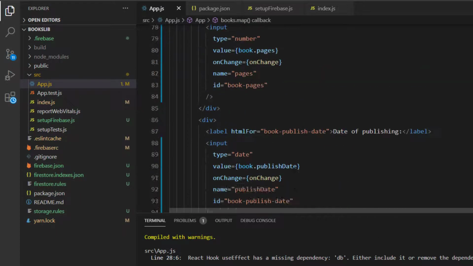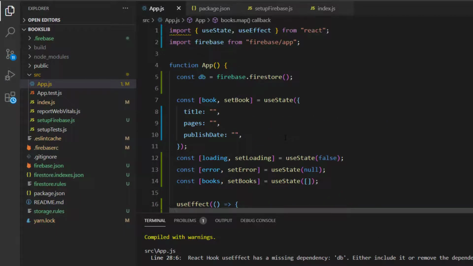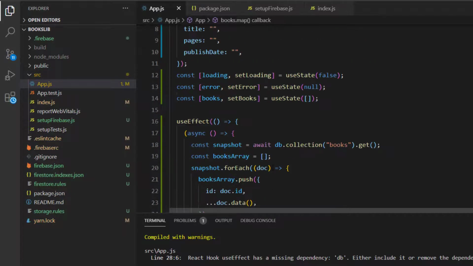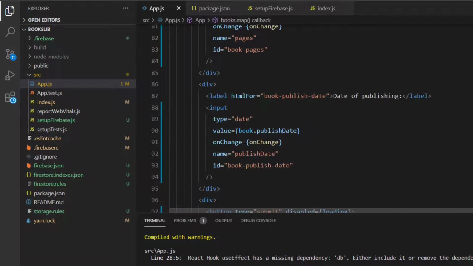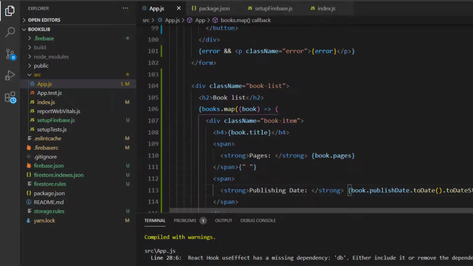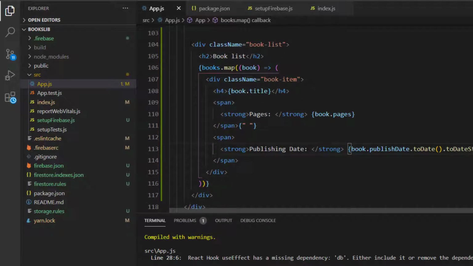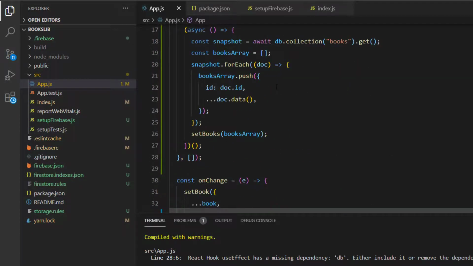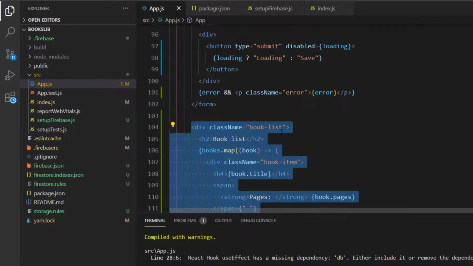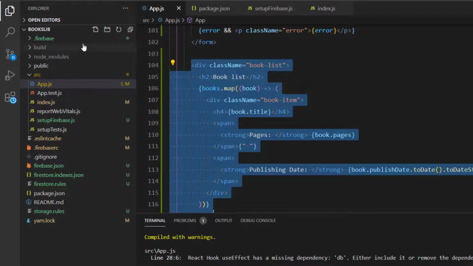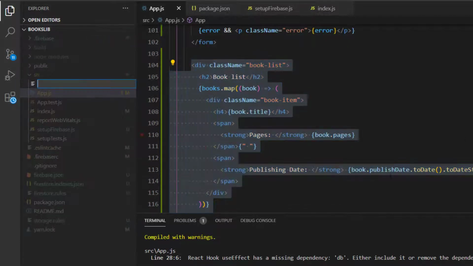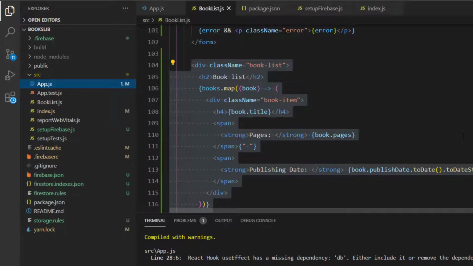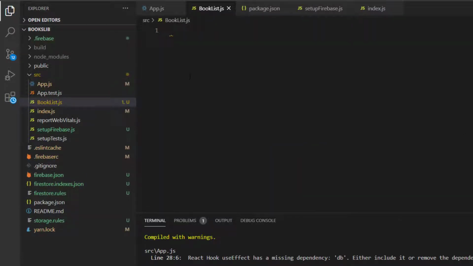Now, this component has become a large component with a lot of responsibility. Next, we need to remove some of its responsibility into new components and import them to this component. We'll start with the book list. We'll create here a new component. We'll name it booklist.js. We'll create a new function component, and